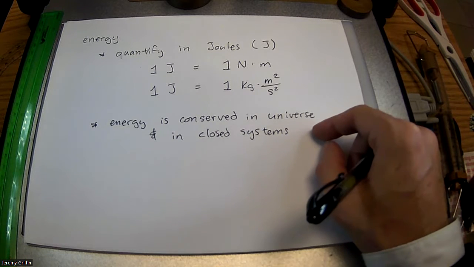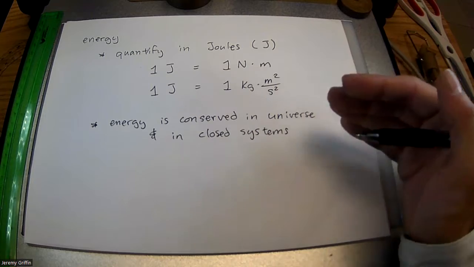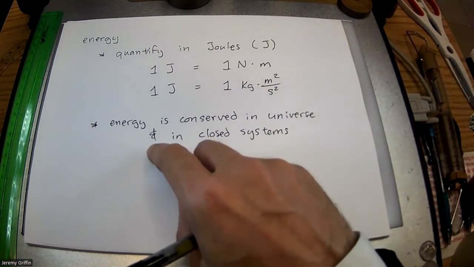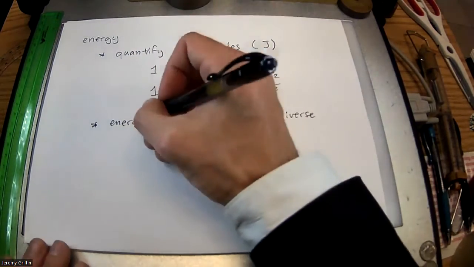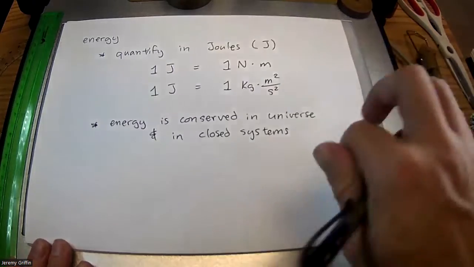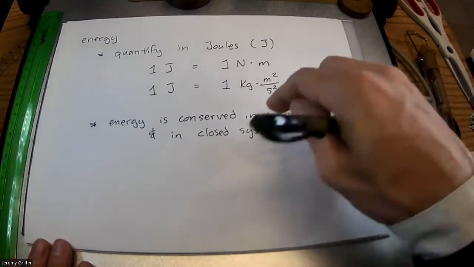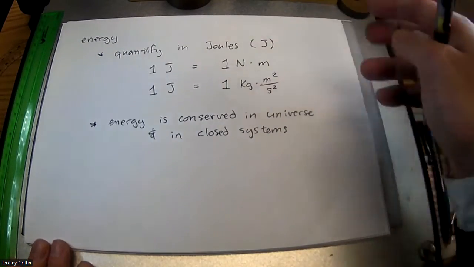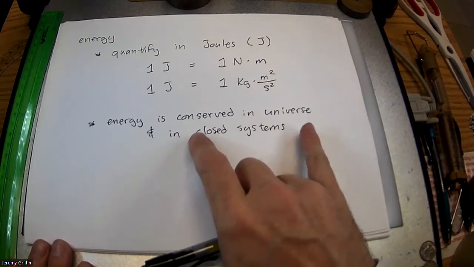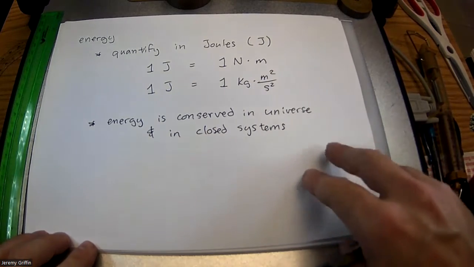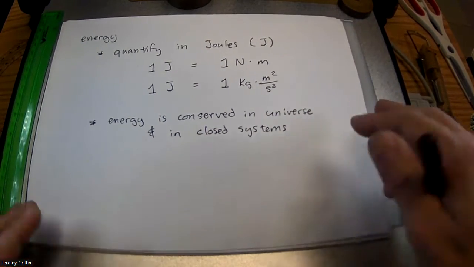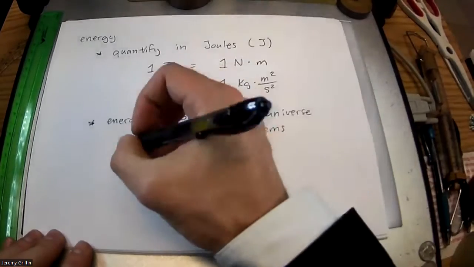Now, in the future, like spring semester, we'll talk about a different property, which is called entropy, which you can think of as the quality of energy, and that actually does change with time. But the actual quantity, the number of joules that have been around, is the same as there's ever been. There's maybe an asterisk on that: you could have some mass-energy equivalent when you get to nuclear energy, but still, it's kind of conserved. So basically, you can't